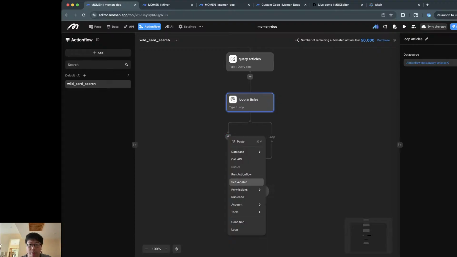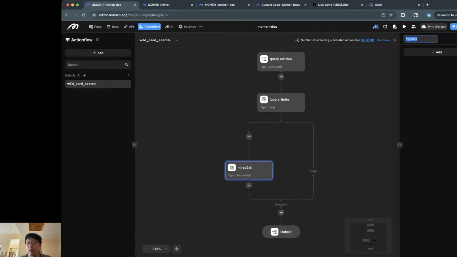So we'll do set variable, accumulate, and then for the output we are going to concatenate output,